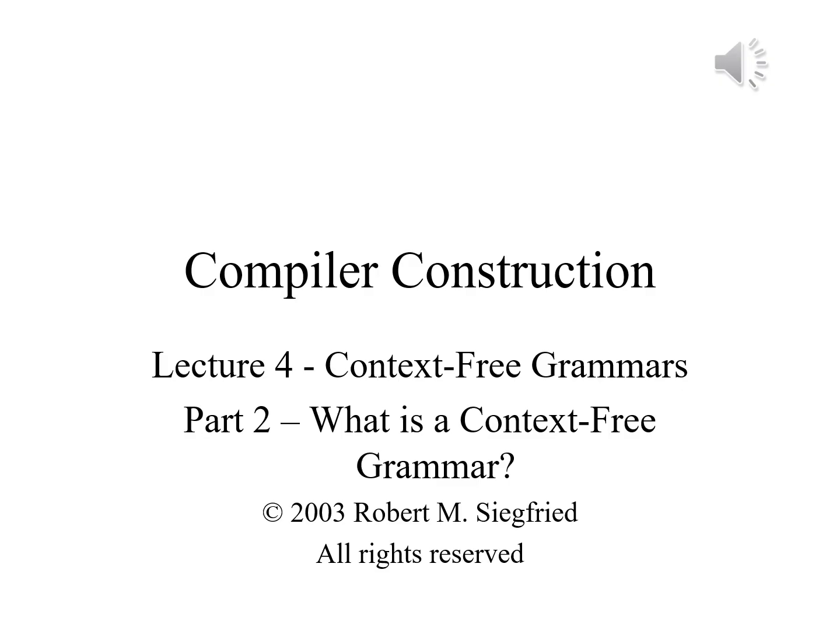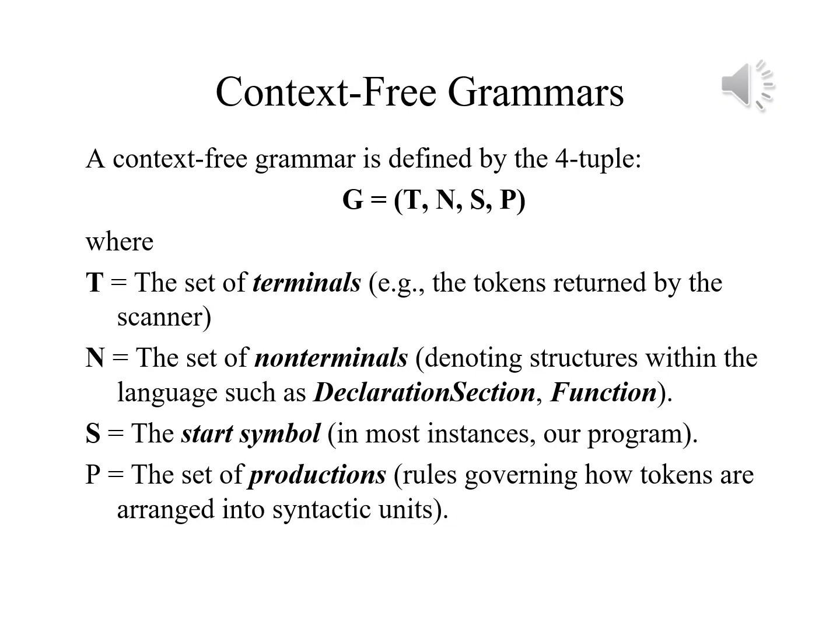In part 2 of lecture 4, we will answer the question, what is a context-free grammar? Like any other grammar, a context-free grammar is defined by a four-tuple where G equals T, N, S, and